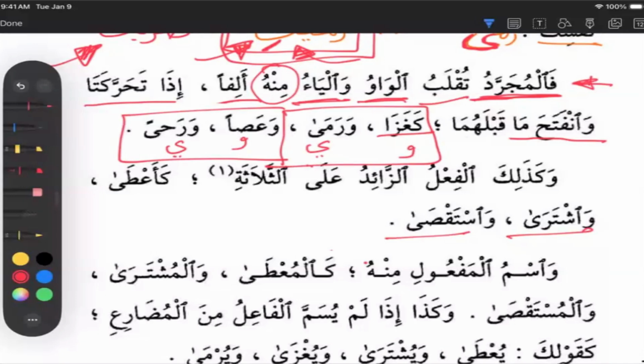Not to mention, he's also going to stick to standard examples. That's why we always say Zaid, standard example for the male name, Hind for the female name, and daraba, typical examples. Why did he give these examples when he said also what has more than three letters? So he can give you an example of what has one extra letter, two extra letters, three extra letters.